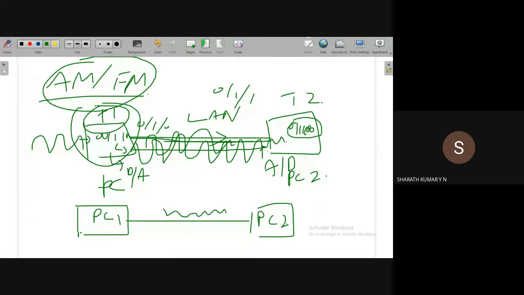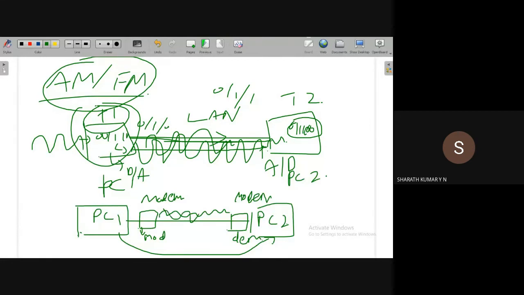This modulation operation is performed by a digital device called a modem. Modem stands for modulation and demodulation. While transmitting, for example, if PC1 is transmitting data to PC2, this device acts as a modulator and this device acts as a demodulator.